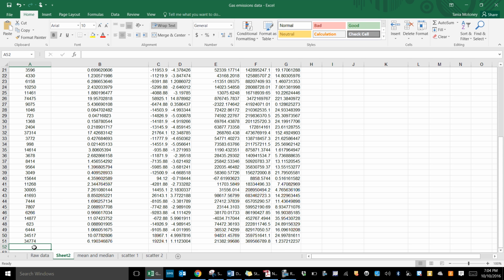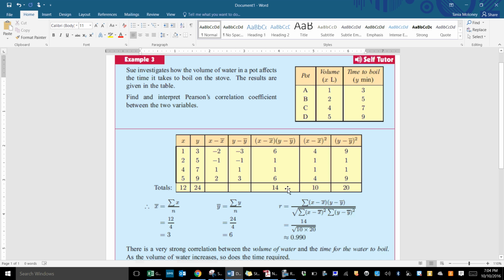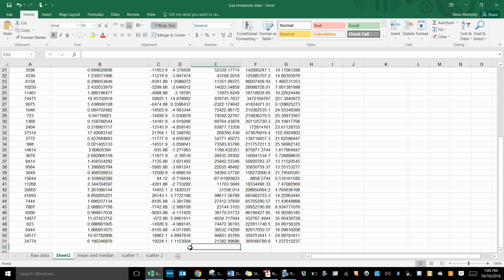And to be honest, we only need these 3, because in the Word doc, they just use these 3 down here. So you can work them all out if you want, but I'm just going to work them out for these last 3. So to work out the sum, you click in the cell below the column you want and go equal